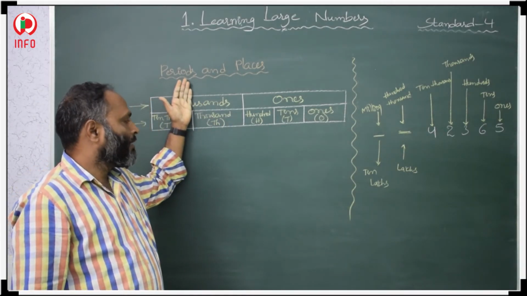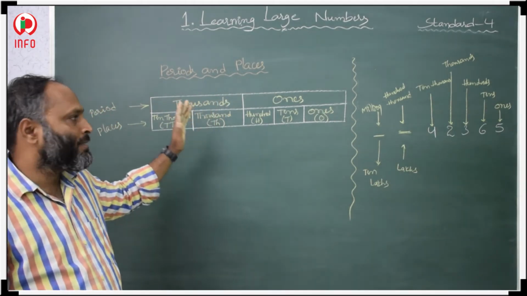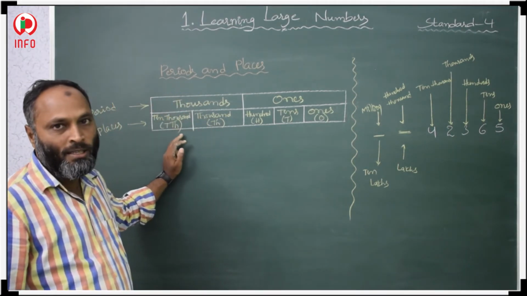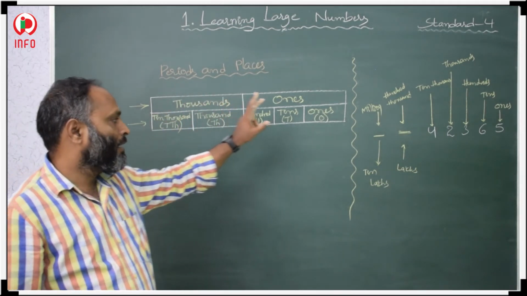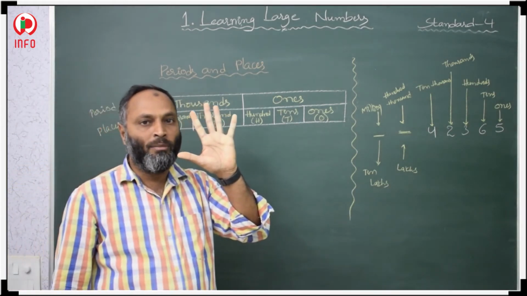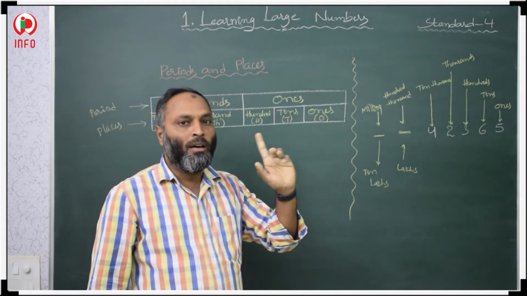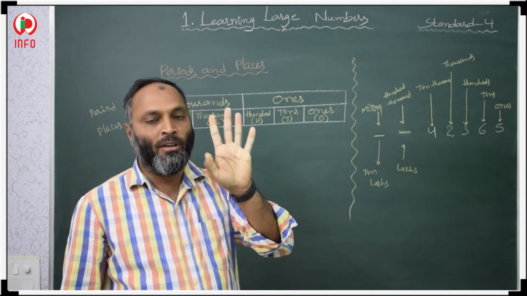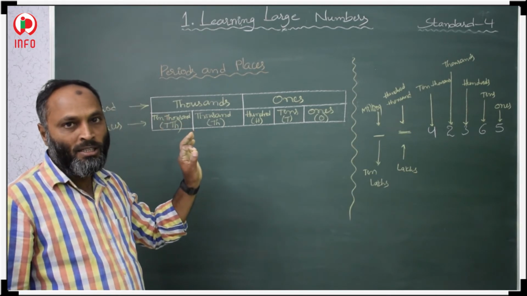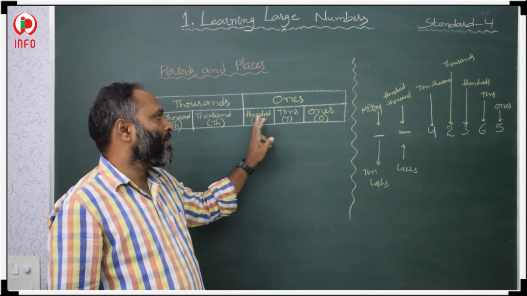Till here we know; we learned this in third class and recapitulated it in our previous exercise. Then after the thousands place, the 10,000s place will come. This is the fifth place: 1, 2, 3, 4, 5. It means a 5-digit number. A 5-digit number means the 10,000s place. Here, ones, tens, hundreds: these three places come under the ones period.